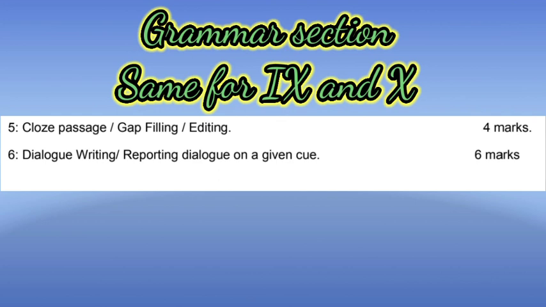And then the next question is of 6 marks, and that is dialogue writing. So here we will be given a situation on which we will be asked to write dialogues of 2 speakers. Alright, or we can be asked to write a report dialogue on a given cue. We can be given a conversation of 2 people, and we can be asked to write their dialogue. Alright, or to do indirect as well. It comes in indirect as well. So in fact on this topic I will make a separate video later. So this is the writing section.